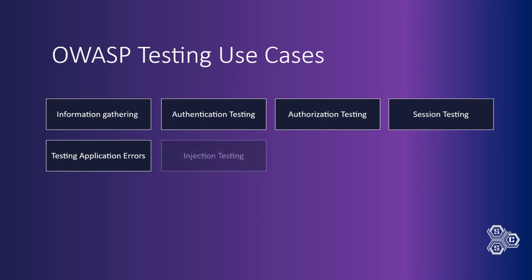So up next is injection testing. It is a very widespread and common issue in the wild. Injection testing use cases could range anywhere from SQL, LDAP, and XPath injection to OS command injection and so on. This would completely depend on how the application that you're testing handles user submitted data. So if whatever you're submitting is going towards a database, you can attempt an SQL injection, and if this is getting rendered on the command line of a system, of a Linux system for example, you can try to send in bash commands and try to get a reverse shell out of it.